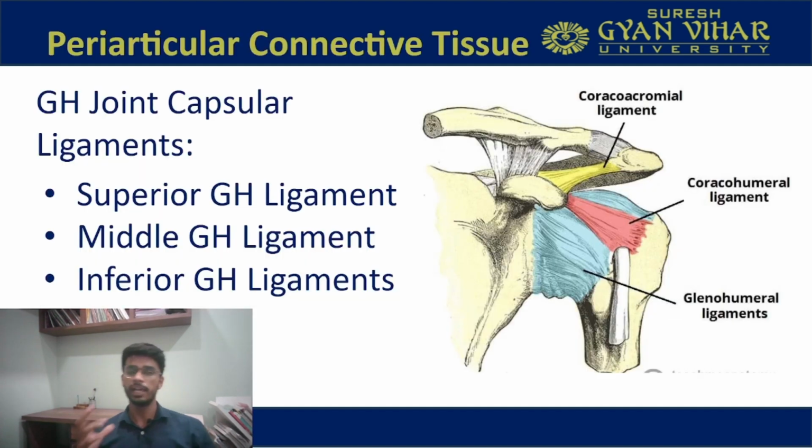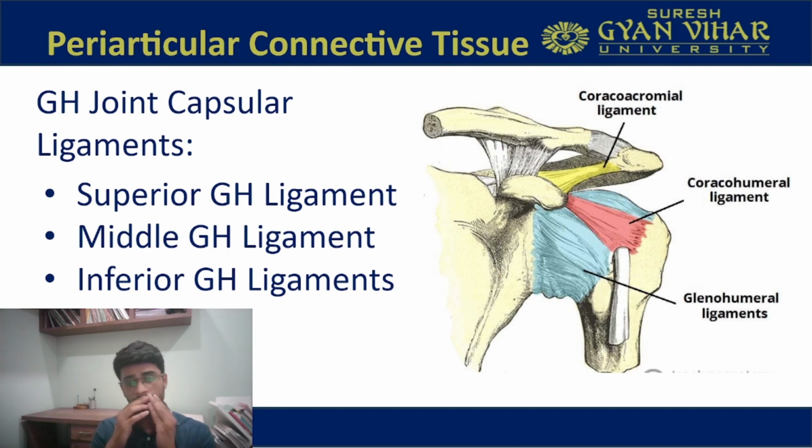As you can see, there is a large head and a shallow glenoid cavity, but even then this joint is comparatively stable and does not dislocate that easily because of the stability at this joint. This stability actually comes from the periarticular connective tissues. There are many ligaments and muscles present around this joint to support it, because this head has to be accommodated in the shallow cavity. For that reason, these connective tissues help in providing stability at the glenohumeral joint.